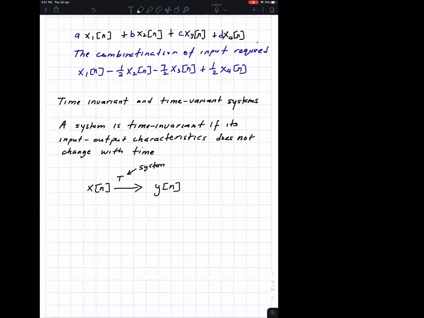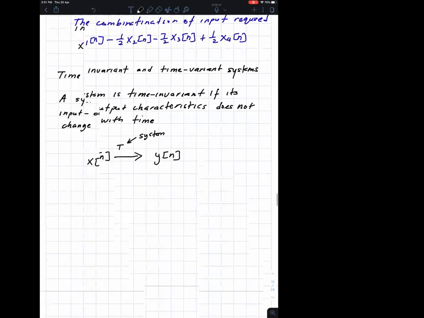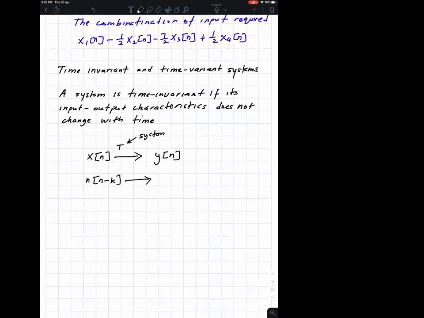If this input is delayed by some k units, n minus k, then the output also must reflect the same delay by k units. So for all k values,